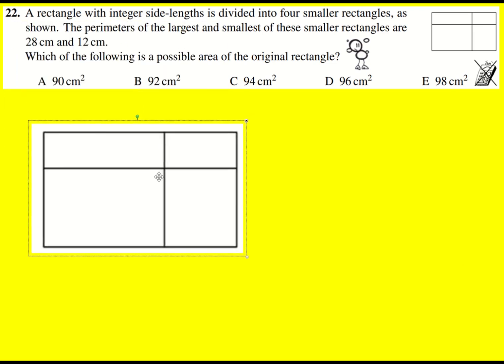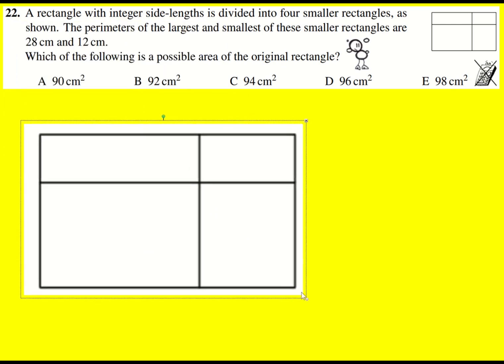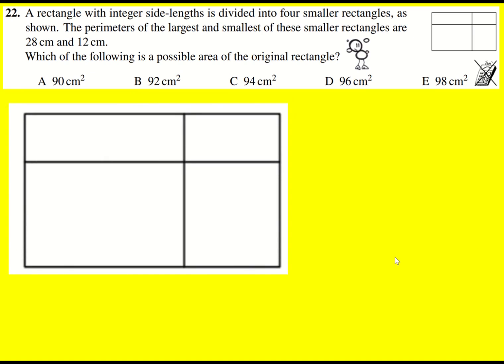Let's take a look at this question. I'm just going to make the diagram a little bit bigger. So we have that they're integer side lengths, whole numbers, divided into 4 smaller rectangles as shown, and the perimeters of the largest rectangle, that's going to be this one, and smallest, this one, are 28